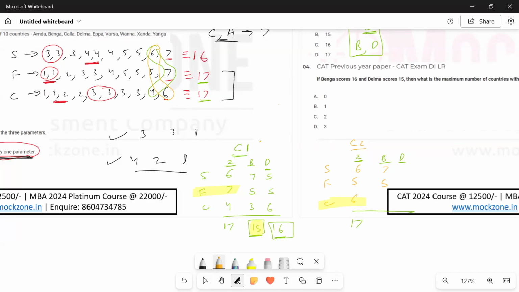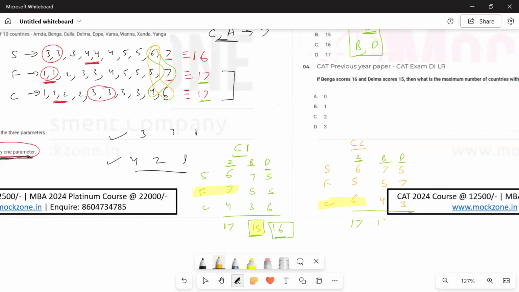And then again in C, what is the maximum he can take? In C, the maximum he can take is 4. If we talk about D, he is maximizing in F. So in F, he would be 7. In S, we know that both 6 and 7 are booked, so the maximum we can take is 5. And in C, both 6 and 4 are booked, the maximum we can take is 3. So what are these values?